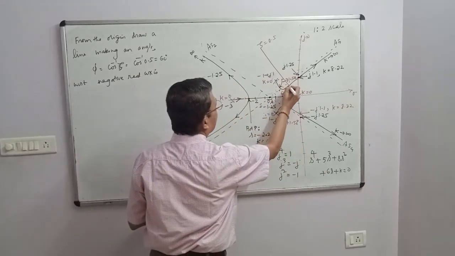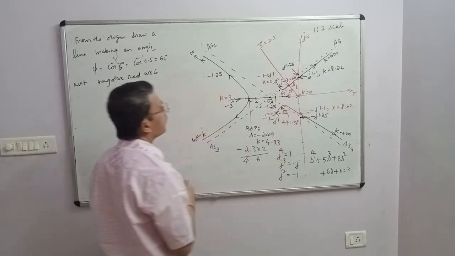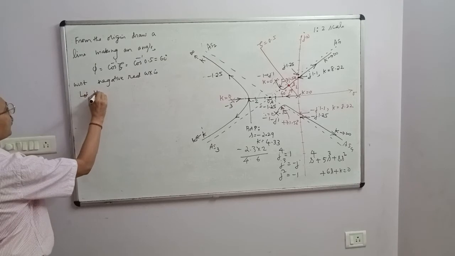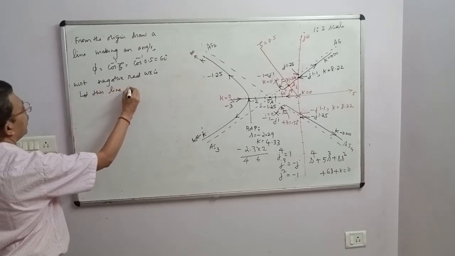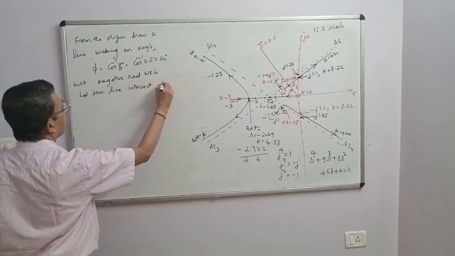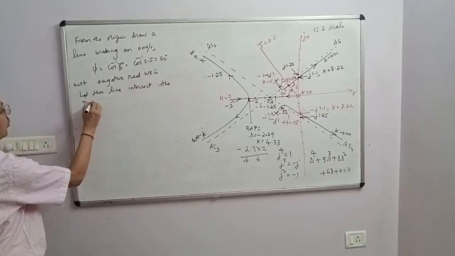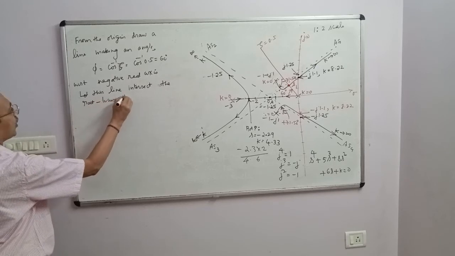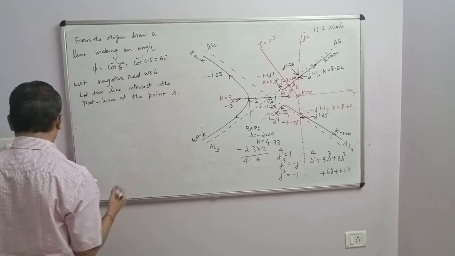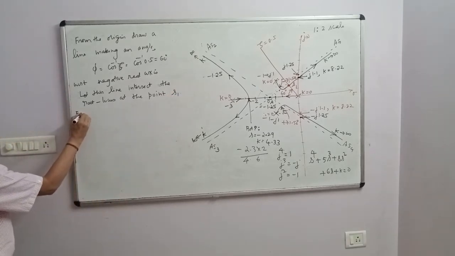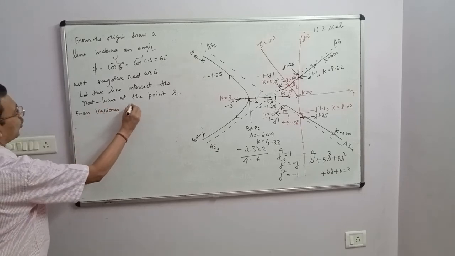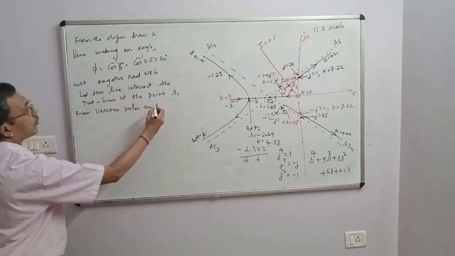Let this line intersect the root locus at the point S1. From various poles and zeros,